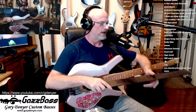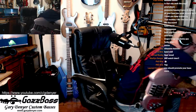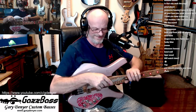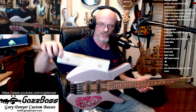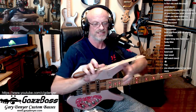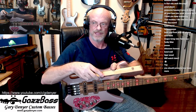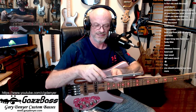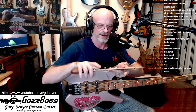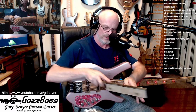Right? And how do you saw that? Well, once again, it's a good Japanese tool. It's called a fret saw. It's like a little tenon saw, but it has a depth guide here that you can adjust to the depth that you want the frets to go down into, the tang of the fret. So you go along and you